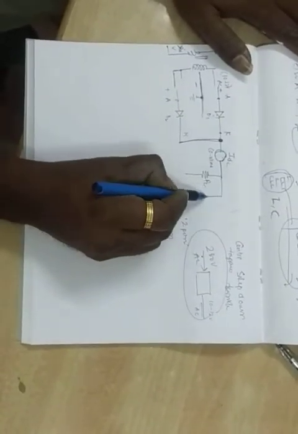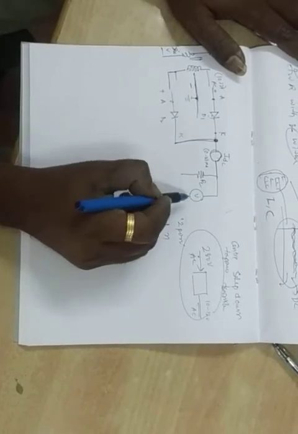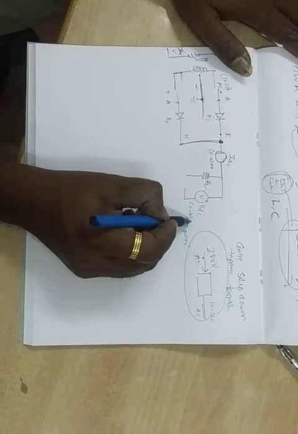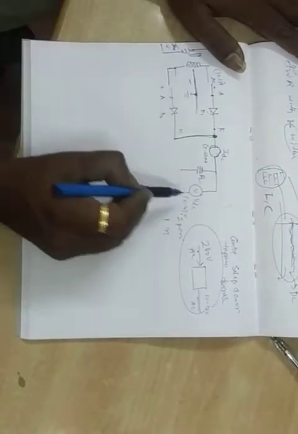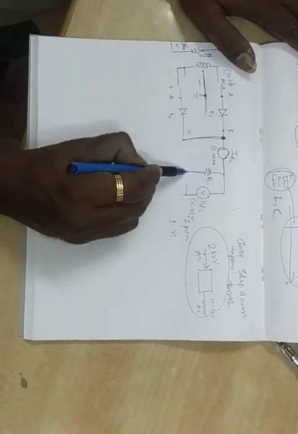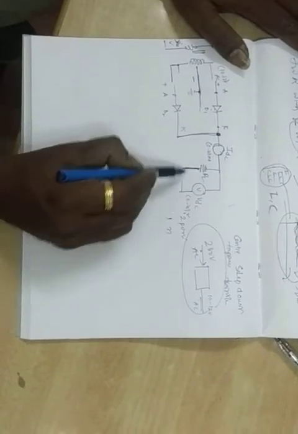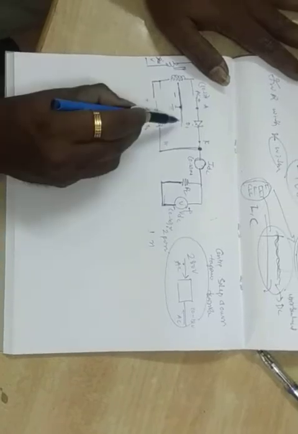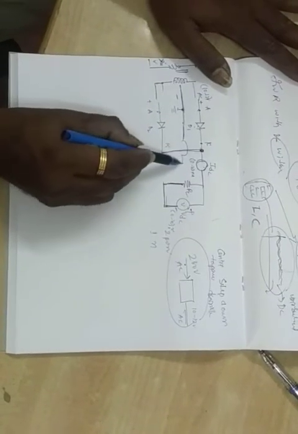Across the RL we take the voltage. The voltmeter must be connected in parallel, that is VDC, 0 to 20 volts. So how many negatives do we have now? The second end of the resistor, the negative terminal of the voltmeter, and the other negative, all will be connected to ground. This is the circuit diagram.